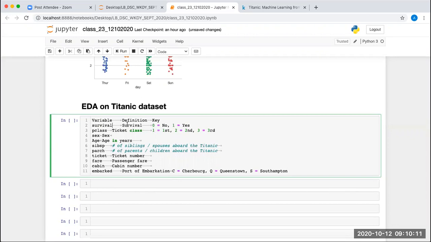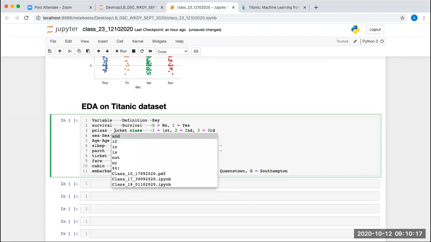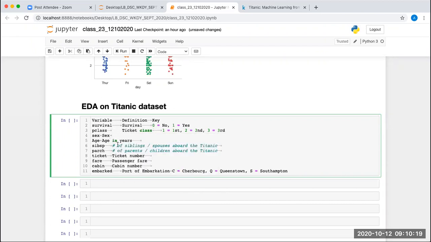Next we have definition, and the next one we have the key. So this is age in years. Ticket number.